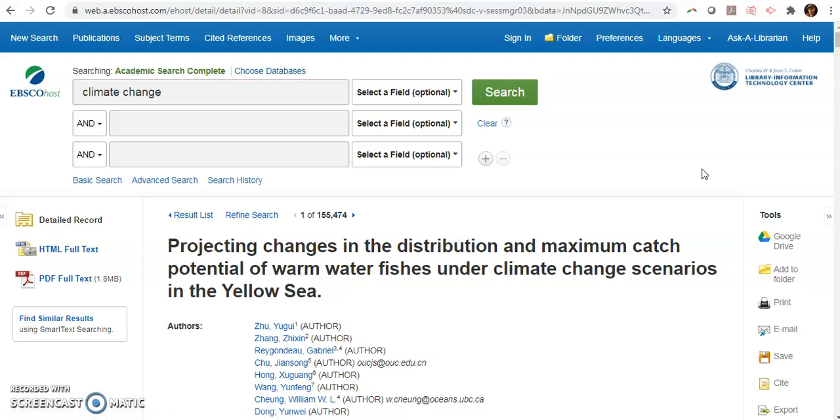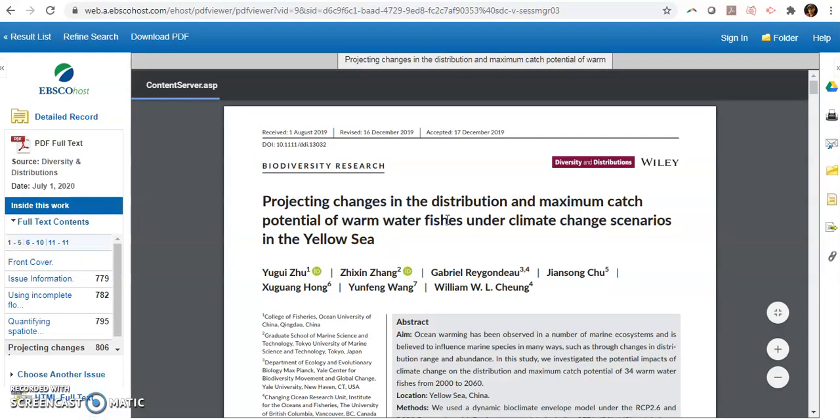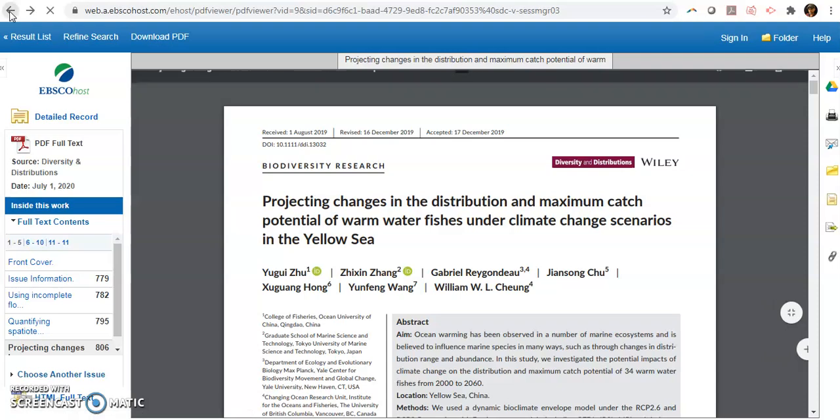So let's say this is an article that you want, right? If you want to view the PDF, you would just click that. That will bring up your PDF, and this is where you can download it. If you're in the library or you're near a printer, you can print it. If we go back,